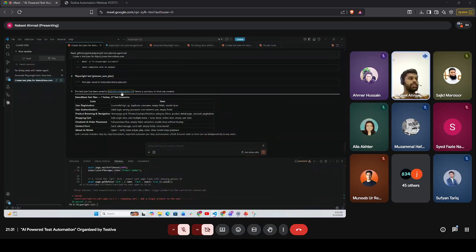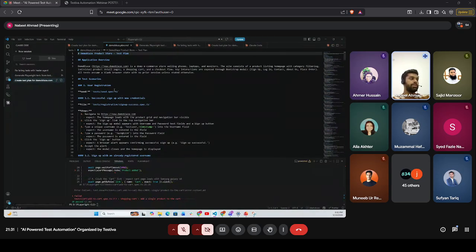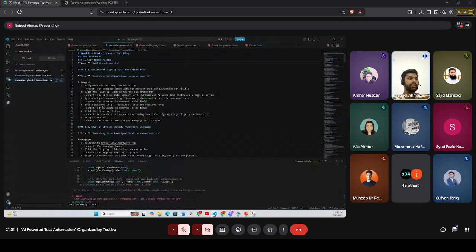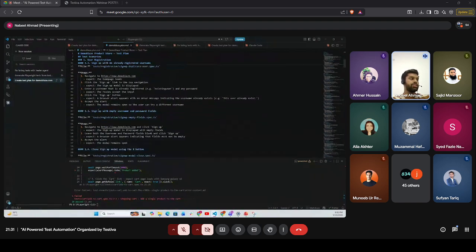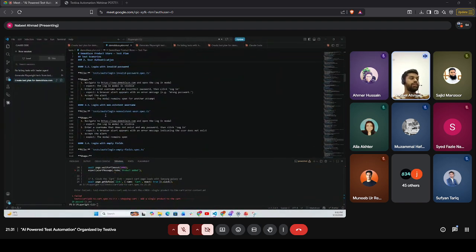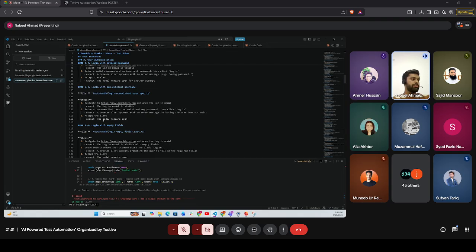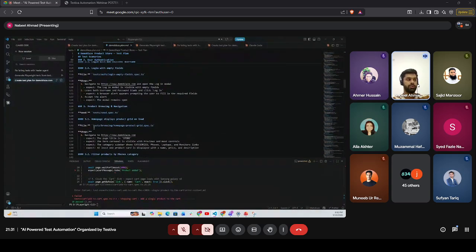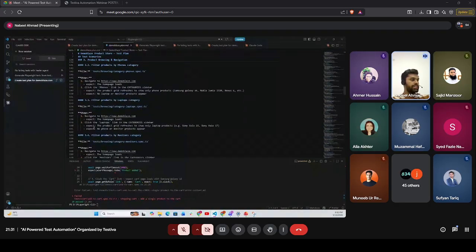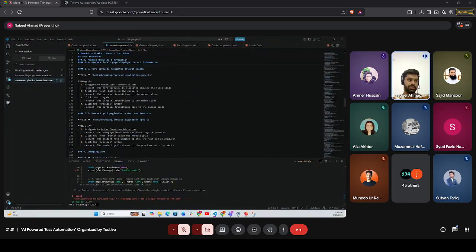So inside this plan.md file, it created the plan that will be used later to create all the test cases with the different modules. It mentioned that it will use the different modules and a specific number of test cases for every module. So it has classified everything perfectly, I guess.